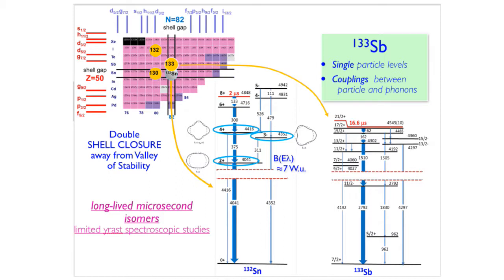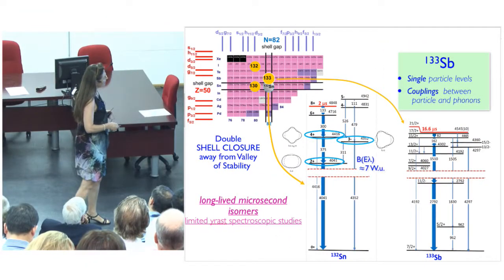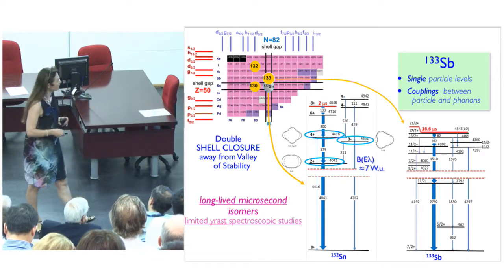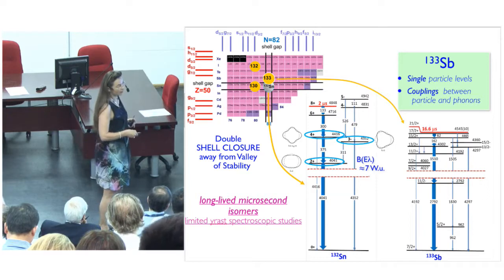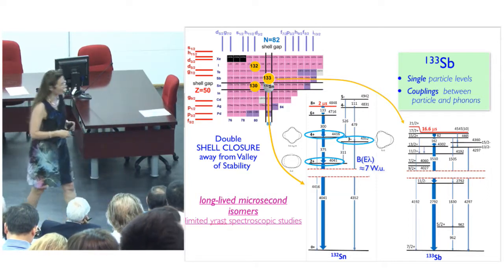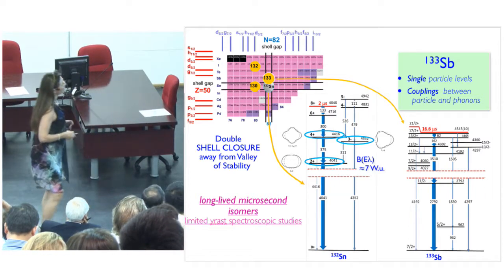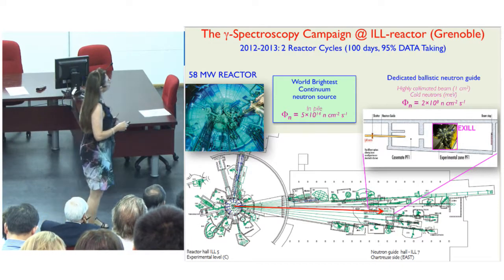further. So experimentally, this is not simple, because this region is characterized by several long-lived microsecond isomers, which makes the spectroscopy above the isomer very, very difficult. So there is basically no information above the isomer from experimental studies. So new data about antimony came from a recent campaign performed in Grenoble at the reactor,